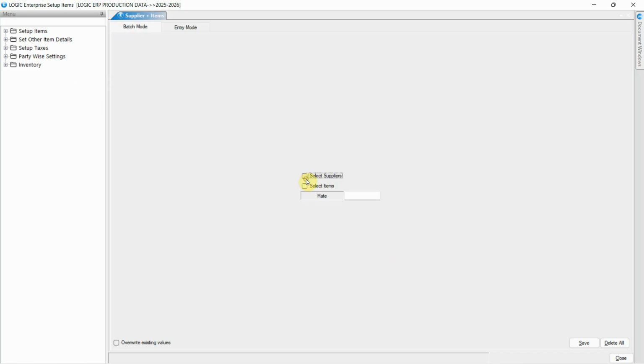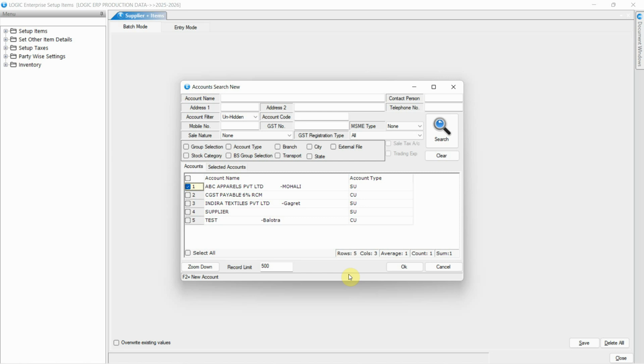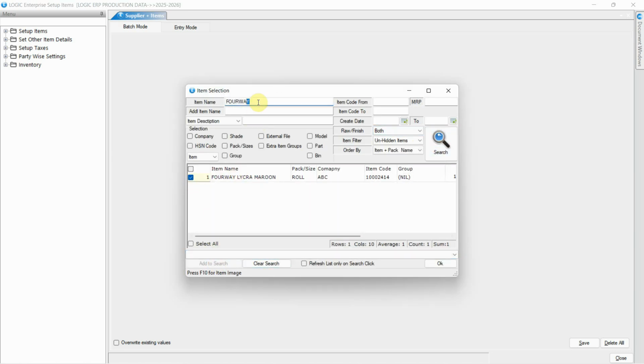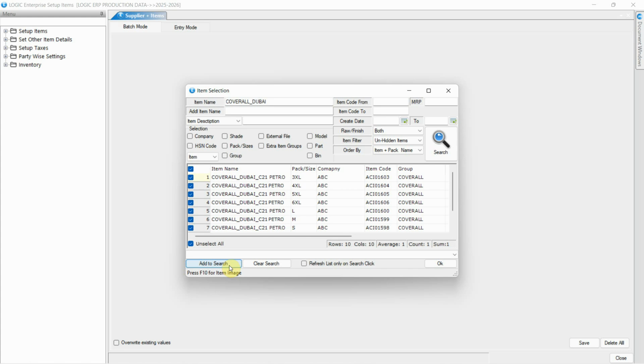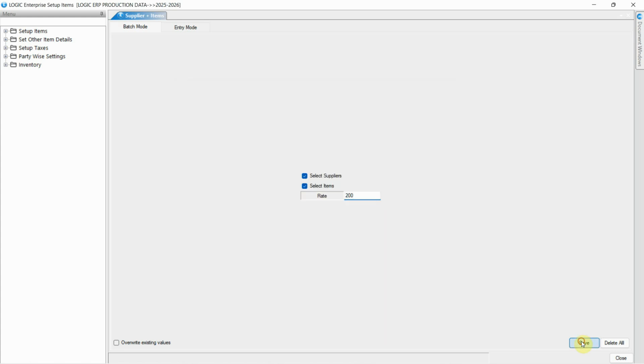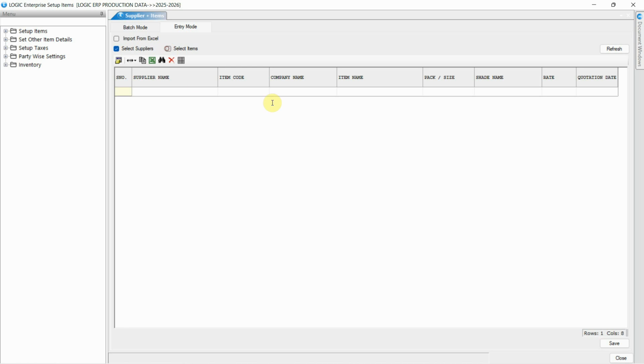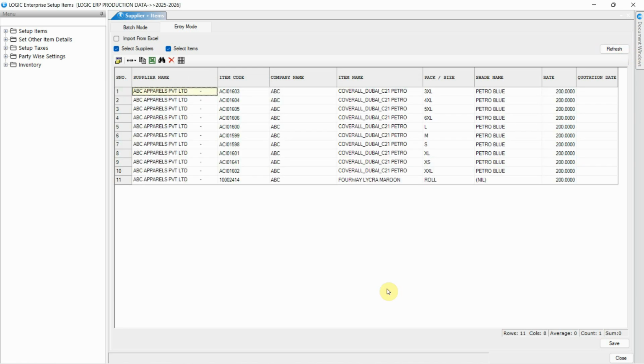Select the supplier and the relevant item you wish to link. The supplier has been successfully linked to the items.